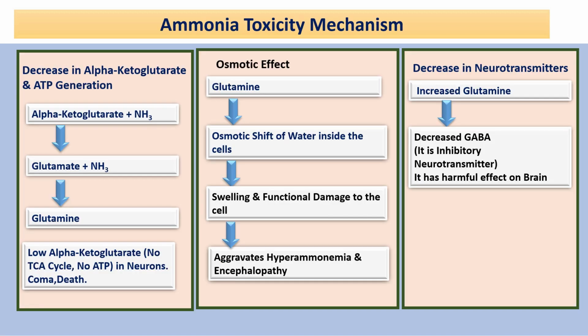Now, what are the mechanisms of ammonia toxicity? So as we have seen that this ammonia which is toxic, and this ammonia it easily combines with the alpha ketoglutarate. हमने देखा था कि कन्वर्शन ऑफ ग्लूटामेट टू अल्फा कीटोग्लूटारेट कैसे होता है बाय द एक्शन ऑफ एंजाइम ग्लूटामेट डीहाइड्रोजिनेज। बट अभी यहाँ पे अल्फा कीटोग्लूटारेट है हमारे पास, वो कंबाइन होगा हमारा अमोनिया से और वो बनाएगा ग्लूटामेट। फिर हमारे पास एक्स्ट्रा अमोनिया है, तो ये अमोनिया फिर से कंबाइन होगा ग्लूटामेट के साथ और बनाएगा ग्लूटामिन।